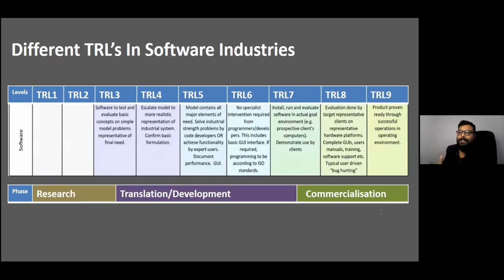Now this UAT is done. Once the UAT is done, that is basically the production. Okay, so now we are ready to launch that application to the market. Now anybody can use that application and deploy it into their environment. Everything they can do now. Okay, so all these 9 parameters are very important. Basically TRL 4 to TRL 8 is very important to develop software.